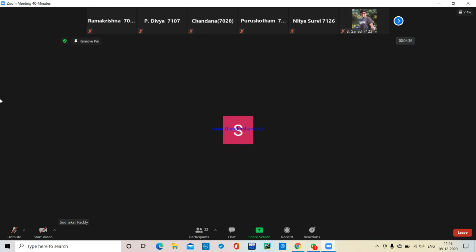Stack is adding and removing of elements in a particular order. So in a stack we are performing two operations, that is inserting the elements and deleting the elements. So what is the order we are following there?